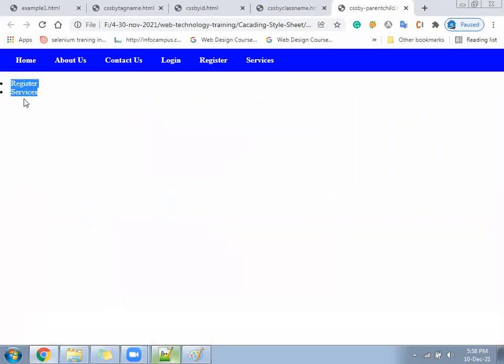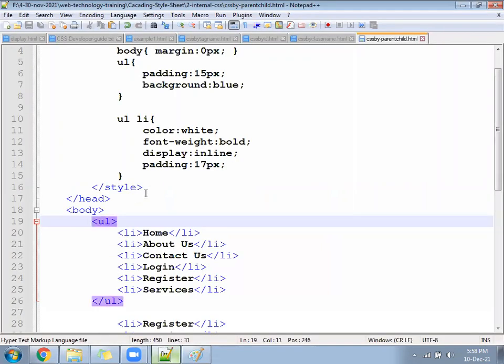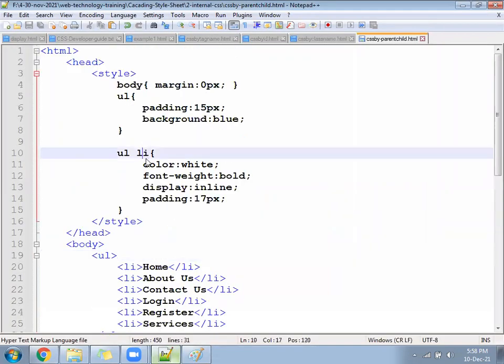For them it is not happening. It is happening for this li only, because this internal li is following its parent. And our CSS says apply the CSS for li, but which li? Those that are under the UL. You are addressing li, but not directly. Those li that are under the UL. Okay, this way.